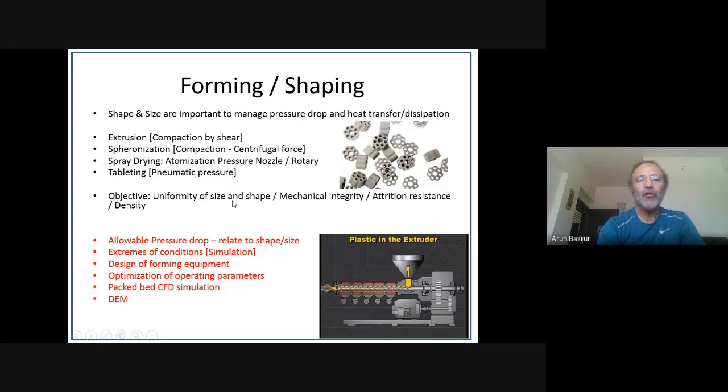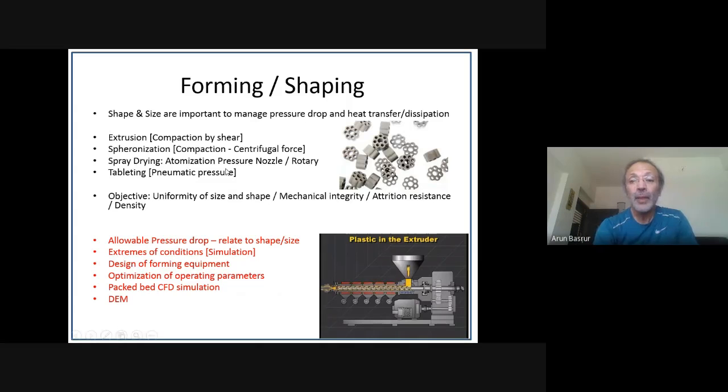It is important to have uniform size and shape because if there is a wide range in size, then the smaller particles can go and sit in the voids of the larger particles and create pressure drop. Density is important because once a commercial reactor is designed and built, then the catalyst is filled in terms of volume. So if the density is too high, then you would be loading too much material into the reactor, which is a loss for the catalyst producer. When you compact the material and increase its density, you will be losing out on porosity, which can affect the performance of the catalyst. And vice versa. If you have less density, then you will be charging less amount of catalyst in the reactor, which might affect the overall life of the catalyst.